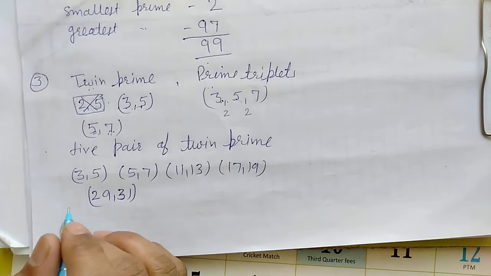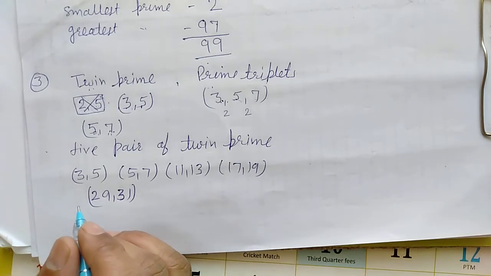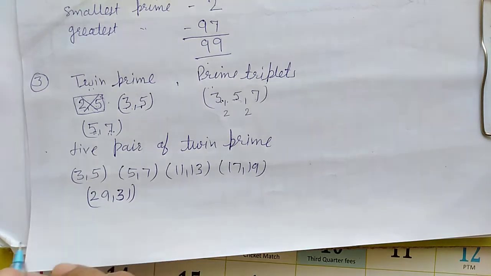Next question, is every pair of co-prime number a twin prime? Is it or not? See all prime number from 1 to 100 and find yourself. Try to find this at home.